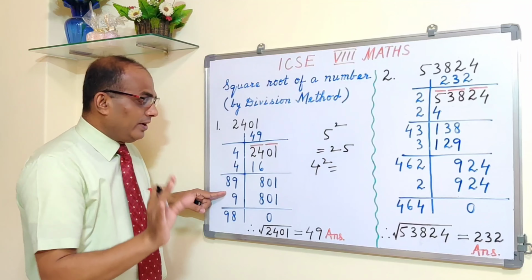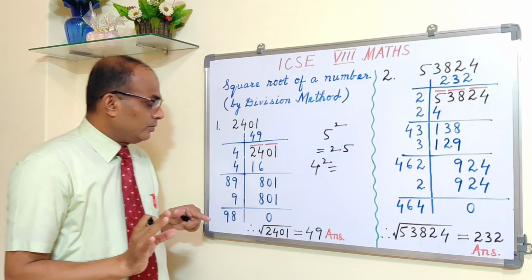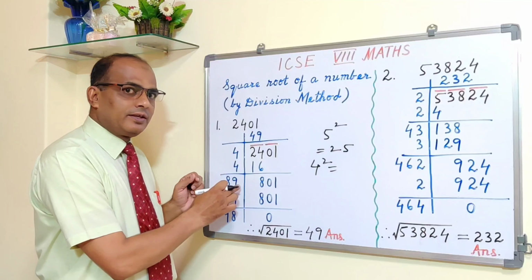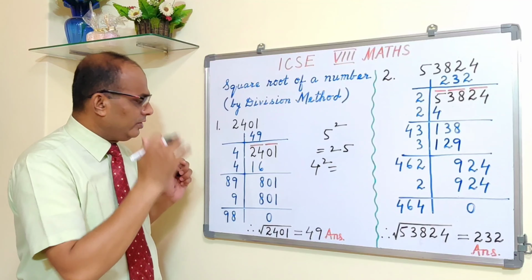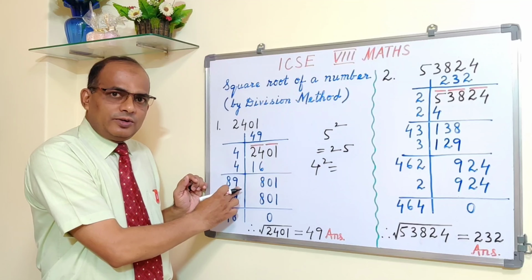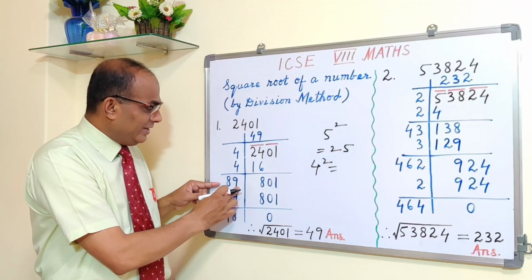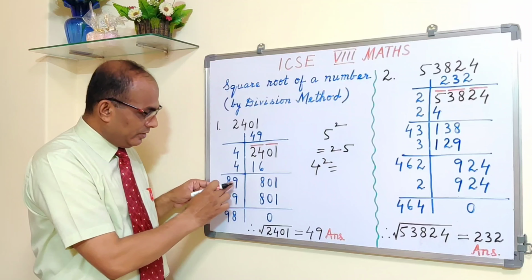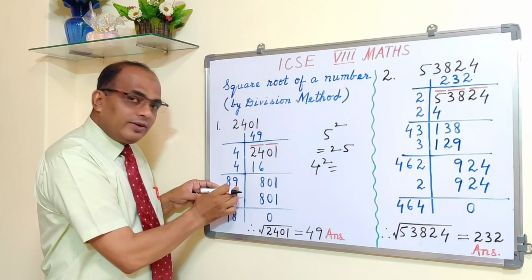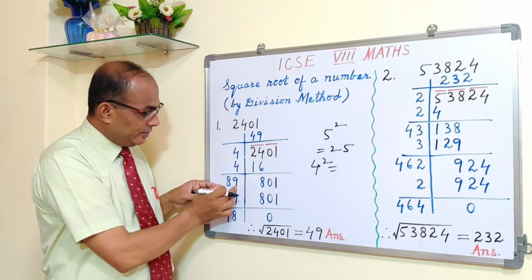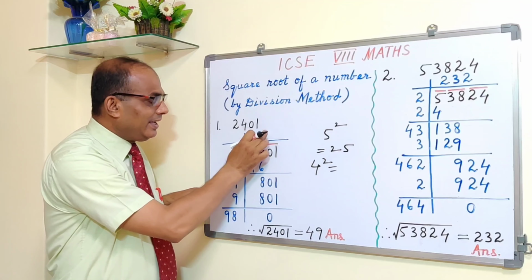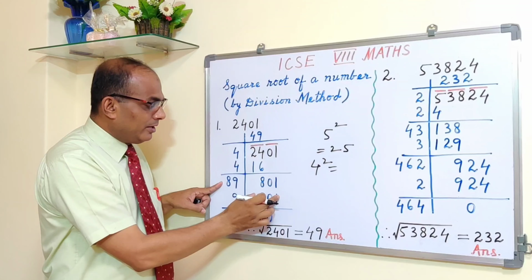Now the question is, how do you decide to write down 9 here? Fine, don't write down 9. Suppose you are taking 8, because you are guessing. So you guess that 8 we can write down here. If you are writing 8 here, you have to write down 8 here also. Now the new divisor will be 88. When you multiply this 88 by 8, you are getting a number which will be